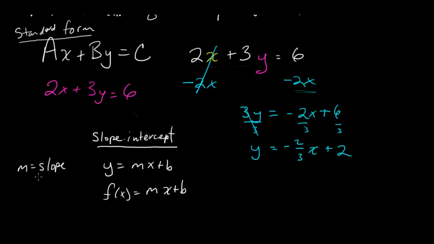And we'll talk about slope in a minute, but basically it's the change of y divided by the change of x. So it's the proportion. Delta is a Greek letter, and we use it to mean change. So the change of y divided by the change of x, that's m. And b is the